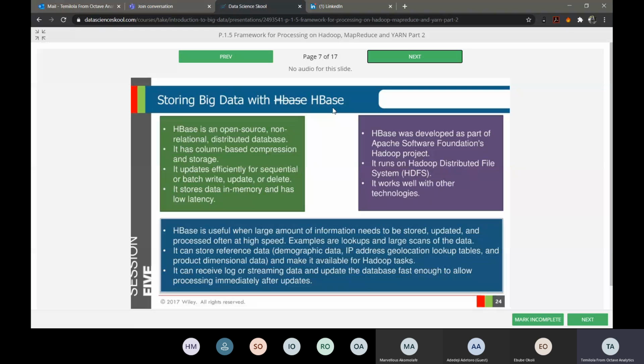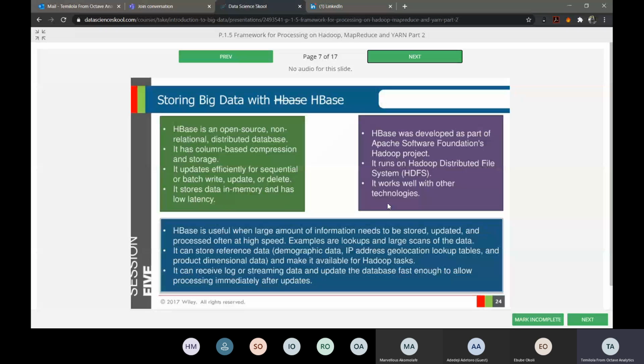okay. So now let's go to storing big data with HBase. Though I already explained what HBase is to us in the last class and what it does, so I'll just go through it again just to